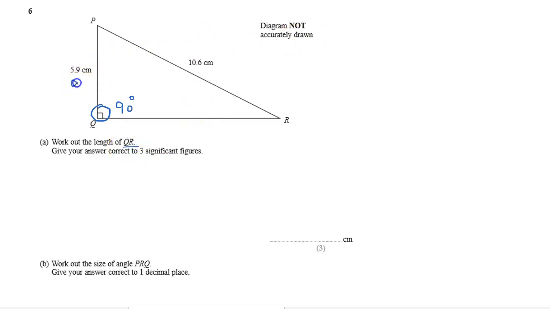So we know this, if this is A, this is B, and this is C, we know that A square plus B square is equal to C square. C is the longest side, the hypotenuse, or the side opposite the 90 degree. Always remember, the longest side is opposite the 90 degree angle, and this is the sum of the square of the remaining two sides. Now A is 5.9